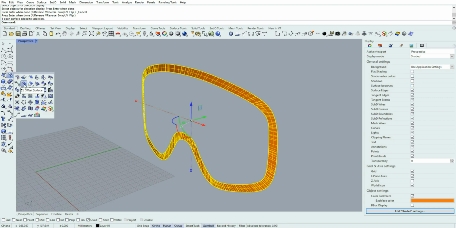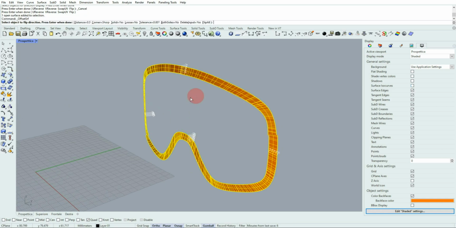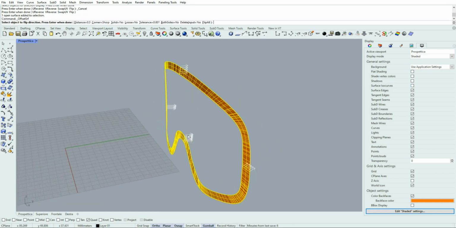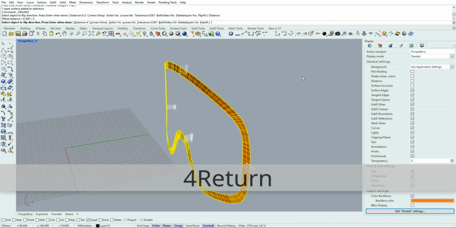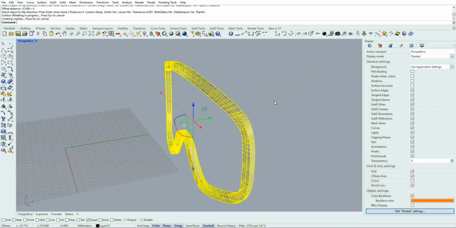Now we are going to offset the surface. Direction is okay. Solid must be yes. Okay, and distance, let me try with, for instance, 4 millimeters, but it depends on the size you draw the object.